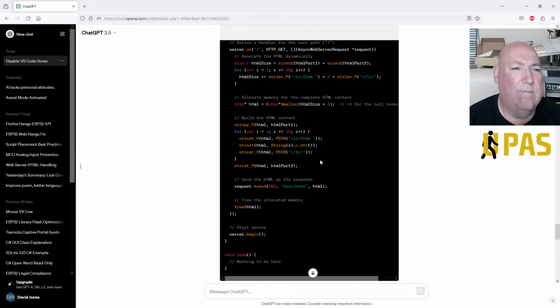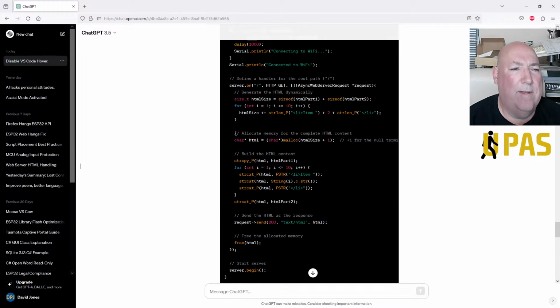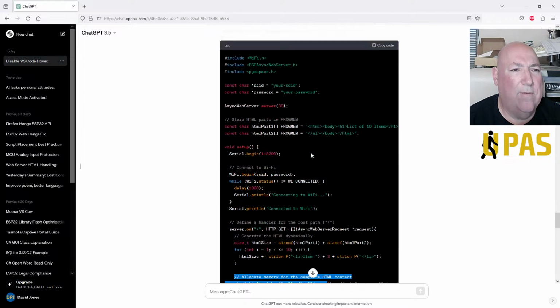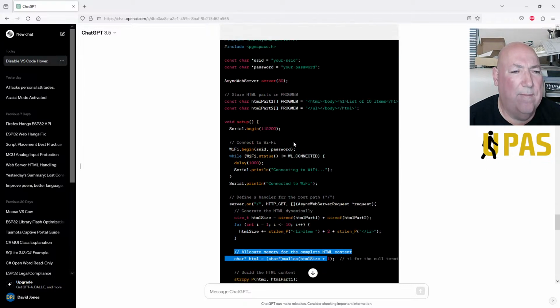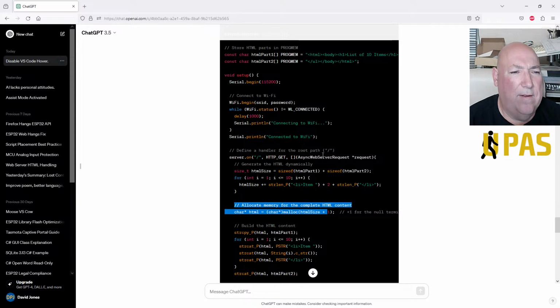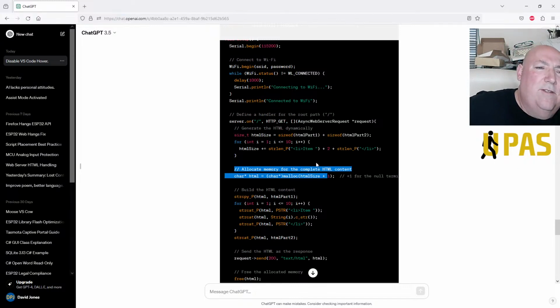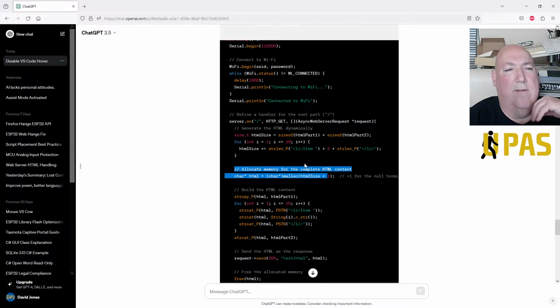But we need to get this HTML, so let's try that. HTML size, where's it getting that from? Where's it getting HTML size from? Not up there. There it is. Right. HTML size. So it's working out the size. Why is it working out the size? Maybe it has to. Don't know why it wants to work the size out.